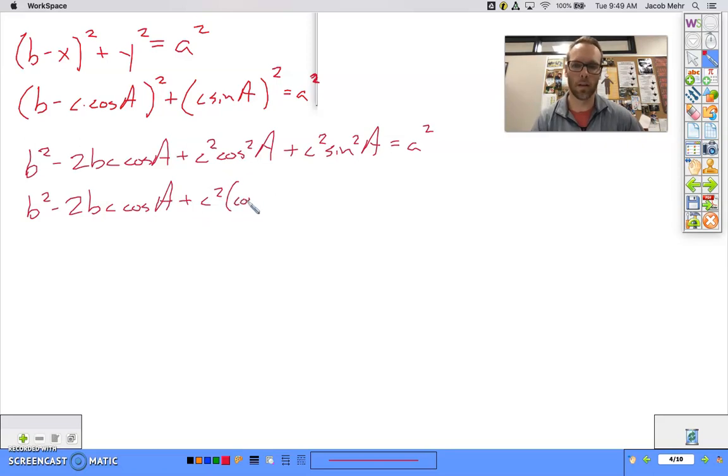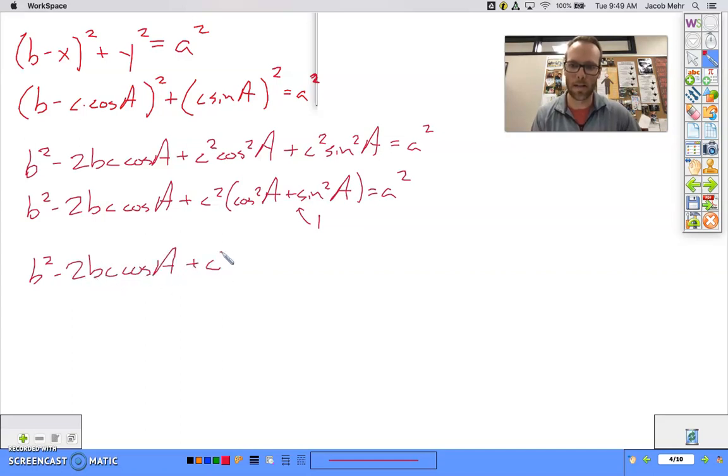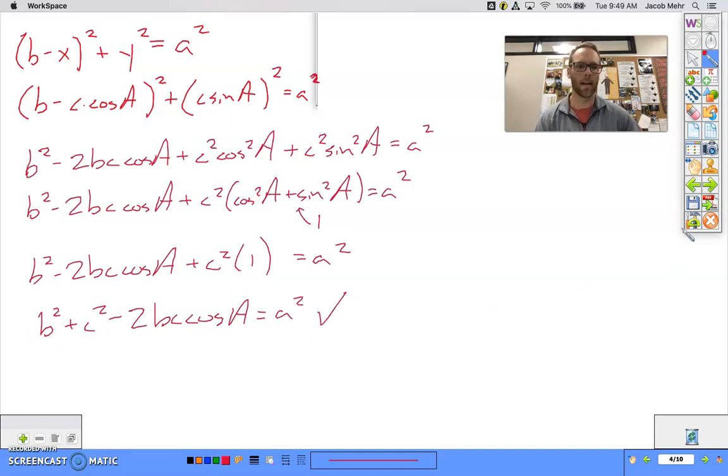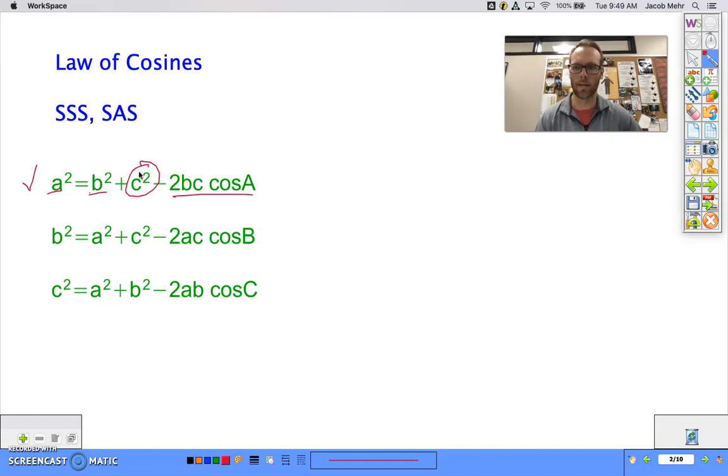What does it leave me with? Cosine squared of A plus sine squared of A. And what do I know about cosine squared plus sine squared? Pythagorean identity. This is equal to 1. Okay, so we have b squared minus 2bc cosine of A plus c squared times 1 equals a squared. And if I just rearrange a little bit, I have b squared plus c squared minus 2bc cosine of A equals a squared. And that is the first law of cosines